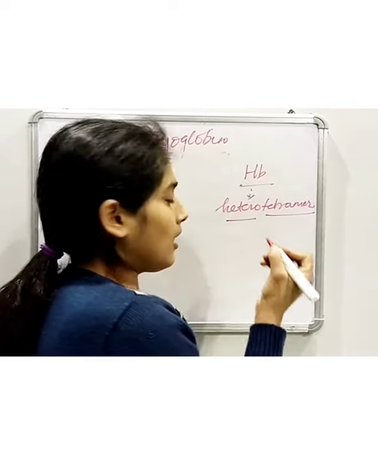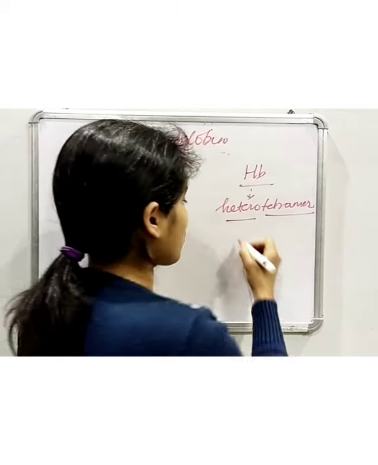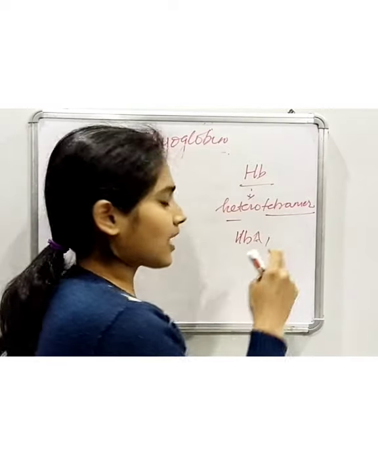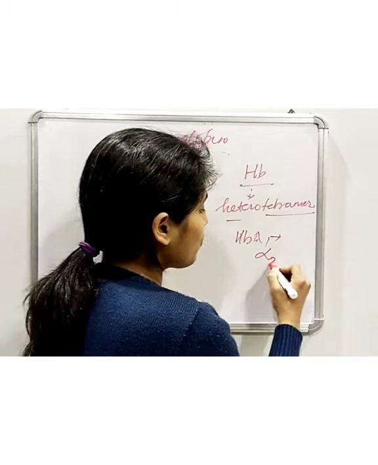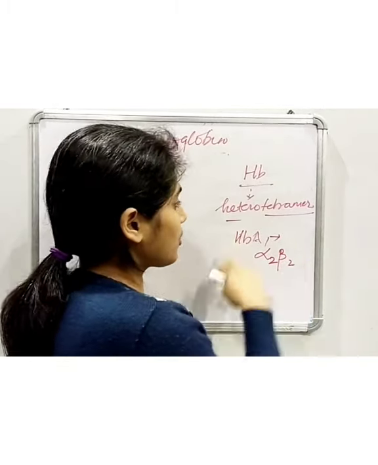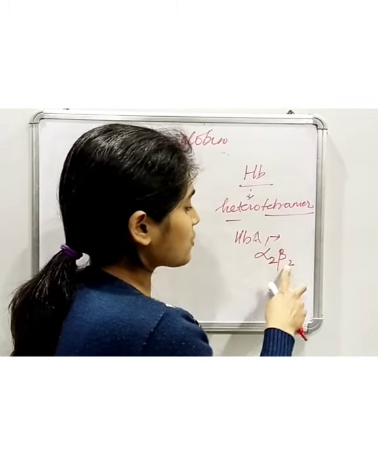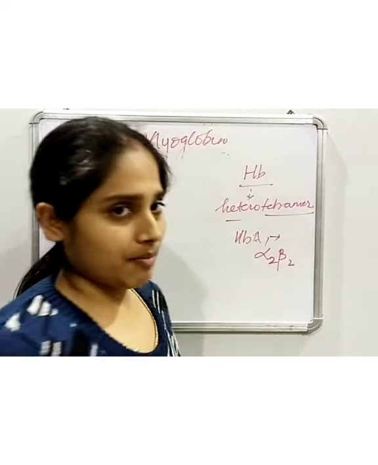So if we talk about the adult hemoglobin, the majority of the adult hemoglobin is of HbA1 type, which covers 98% of the adult hemoglobin. So HbA1 type is composed of 2 alpha chains and 2 beta chains. So it is a heterotetramer. Hetero, why? Because it contains 2 types of polypeptide chains. One is of alpha type and the other is of beta type, and then 2 copies of each. So 4 polypeptide chains are involved. That is why it is heterotetramer.